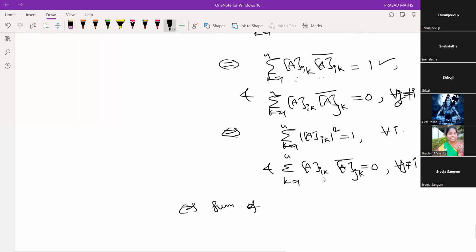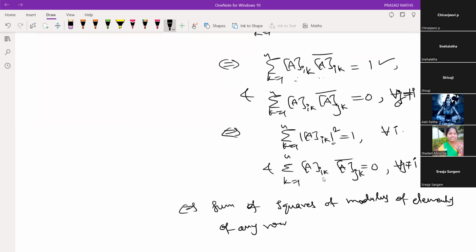What is this actually? This stands for modulus. The sum of squares of moduluses of elements of any row or column is 1, and the sum of the products of